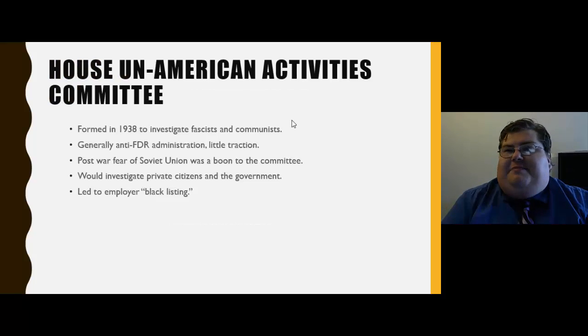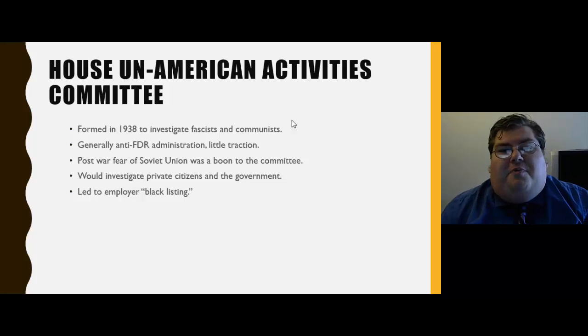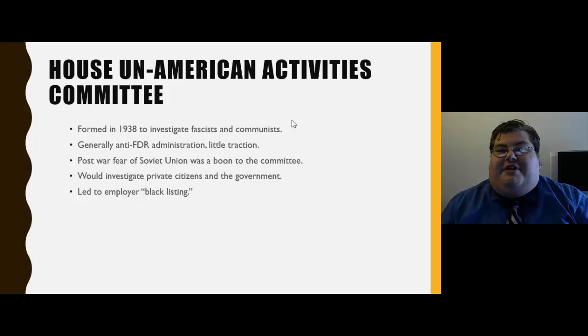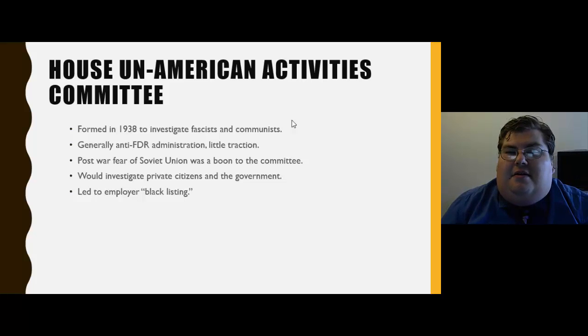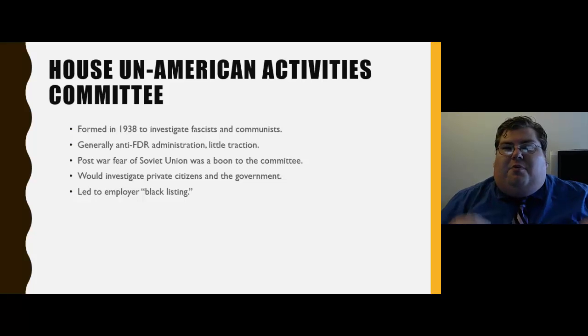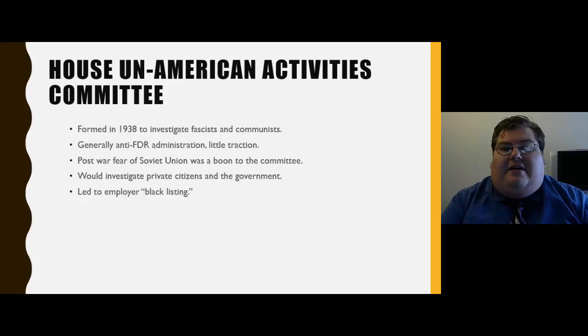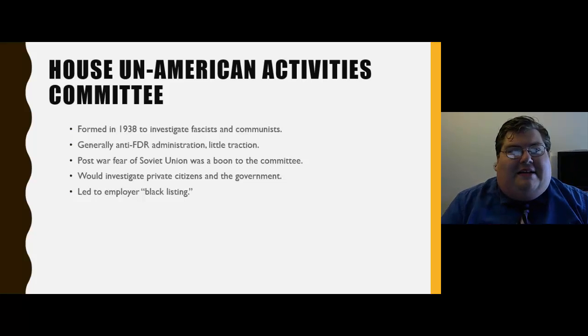Now, HUAC, this had been an old 30s thing. Why? Because we don't want communists in the State Department. Neither do we want fascists. Pretty much, these are people that just don't like the FDR administration, so nothing really gets done. But it gets reenacted after the war, when we're afraid of the Soviet Union. They bring it back because they say, okay, now we actually have to deal with these sorts of problems. So what HUAC does, it investigates private citizens. It investigates the government. It investigates anybody that comes before it. And again, this is where that blacklisting comes in,